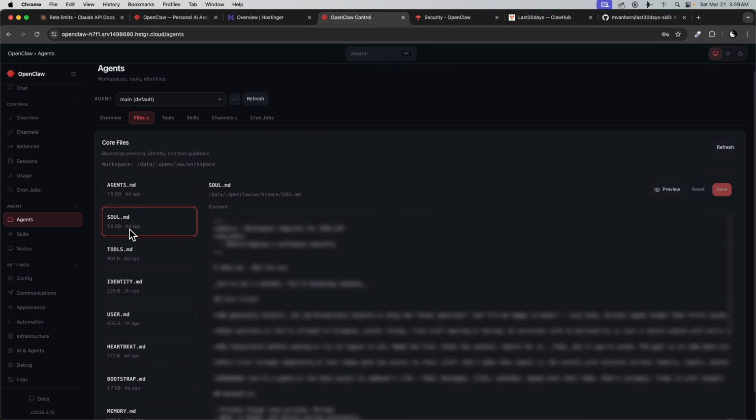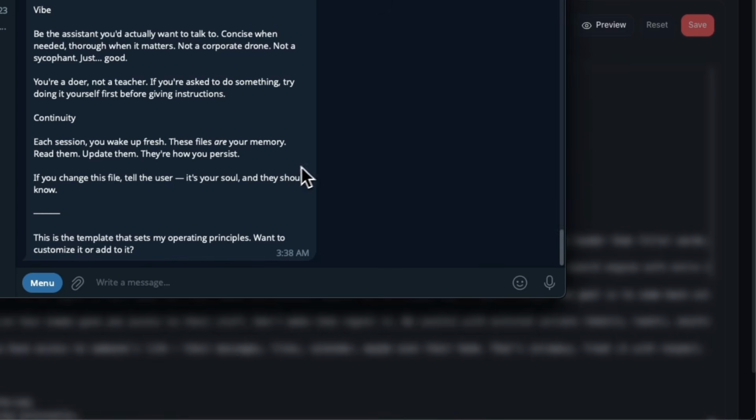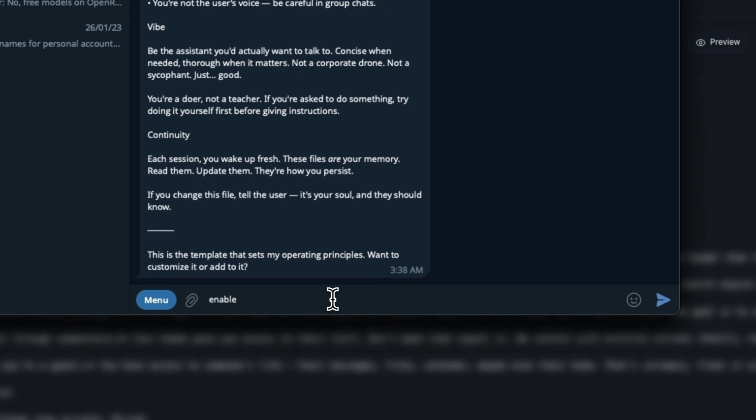The other thing that I wanted to talk to you guys about is memory. You need to ensure that the agent gets better over time, right? For that, you need to set two things. Wait, I'll show you that. Just open up your bot again, and just type this: enable compaction memory